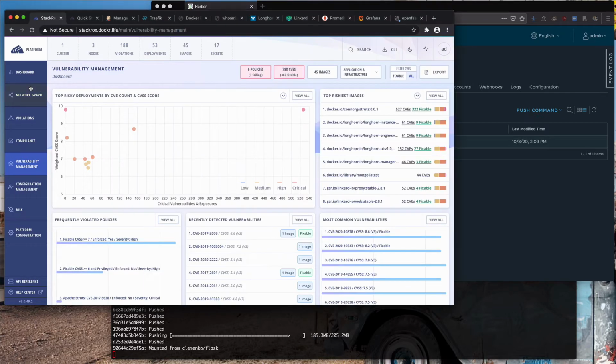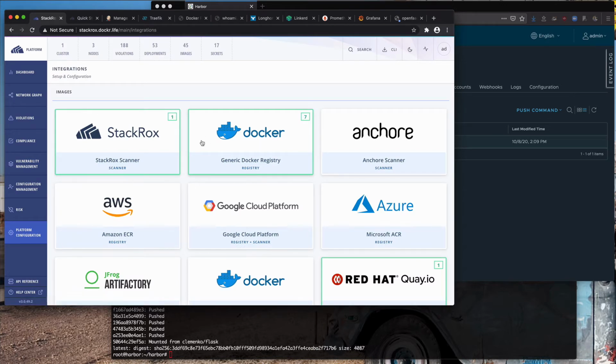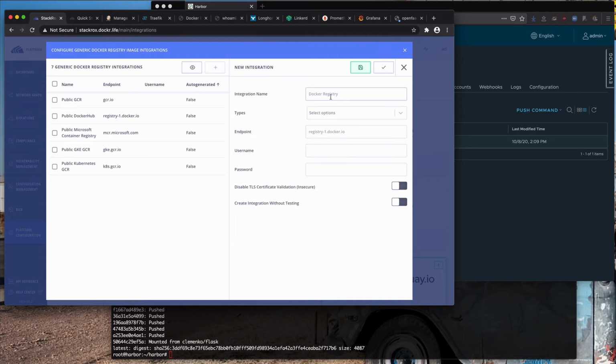So what we need to do now with StackRox is go to platform configuration, integrations. We're going to set it up as a generic Docker registry. Let's go ahead and hit new. What we're going to call this is Harbor. We're going to give it the name. We're going to say this is a registry. It's going to be